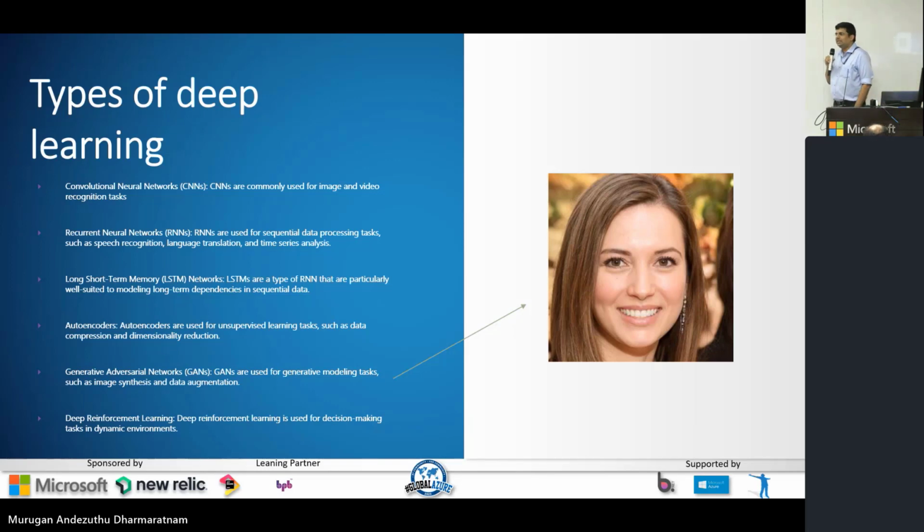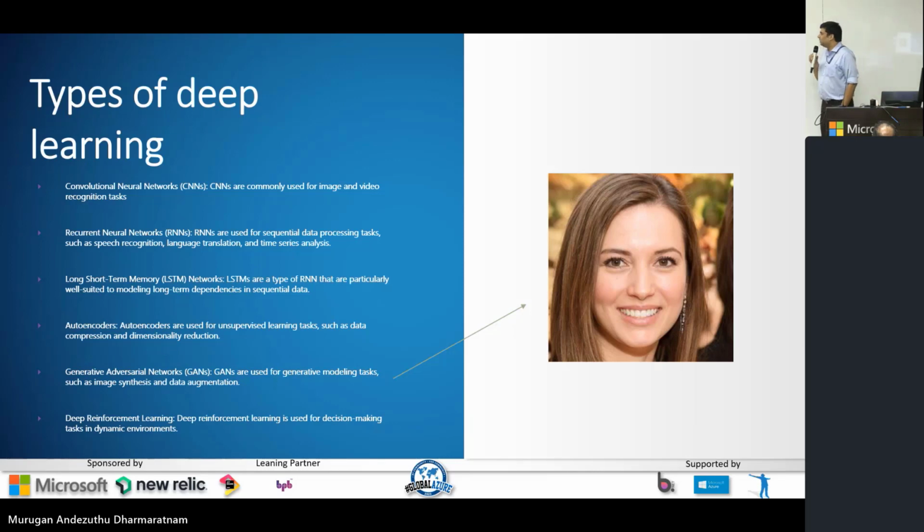How many of you have actually seen that website, This Person Does Not Exist? Please raise your hand. Okay, you've seen that website. This person actually does not exist. It is a computer generated image, right? Currently that website is not available. If you're interested, you can go to GitHub and download StyleGAN or StyleGAN 2. It is pretty easy to set up. Just get it running on your machine and it'll churn out images for you, right? It was a model that was developed by NVIDIA.